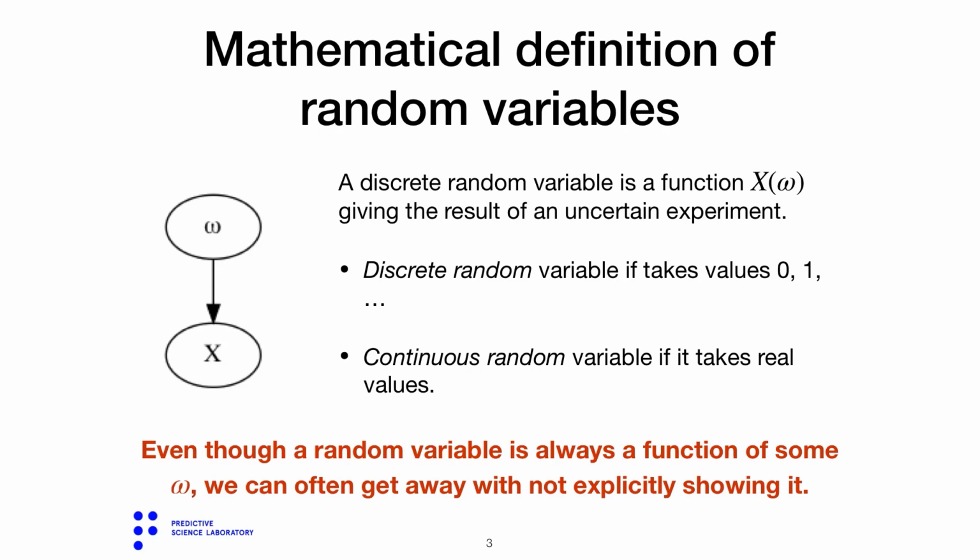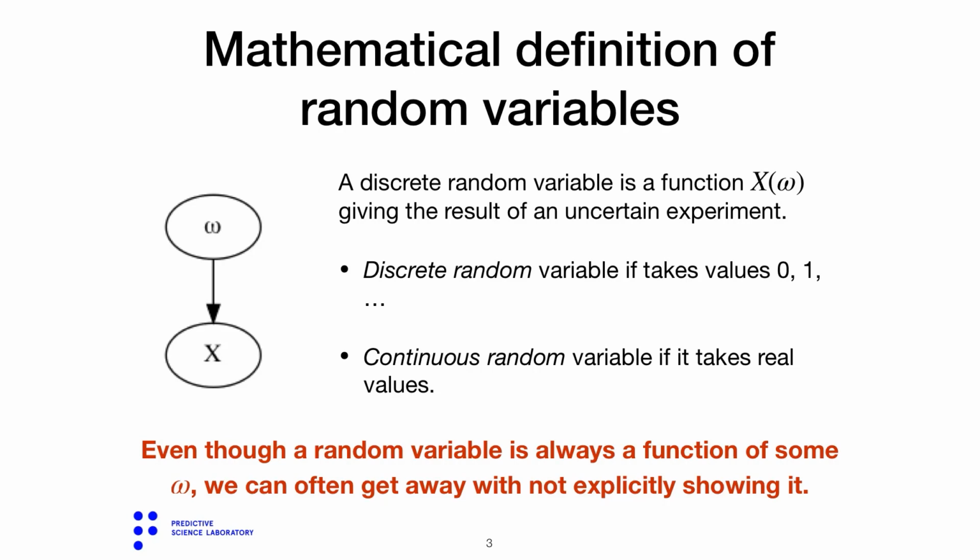Now, we're going to distinguish between two kinds of random variables: discrete random variables, which take values that are discrete, so the values could be 0, 1, 2, 3, 4, etc., or they could be labels like dog, cat, and so on and so forth, and continuous random variables, which are random variables that take real values. Like, for example, you measure the height of a person in inches, or you measure the mass of an object, and so on and so forth.